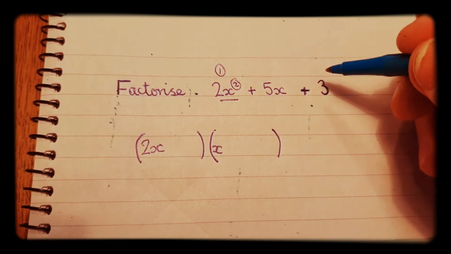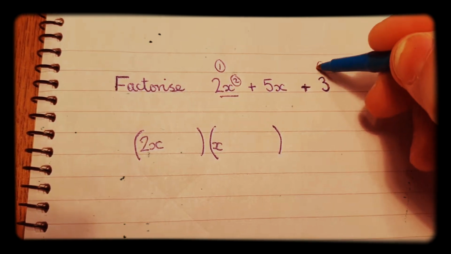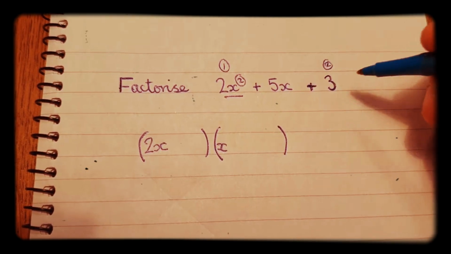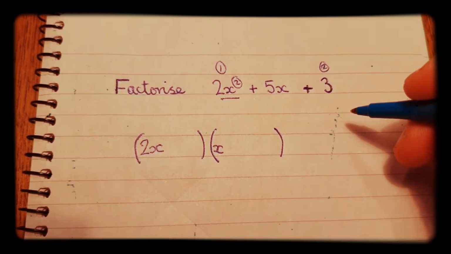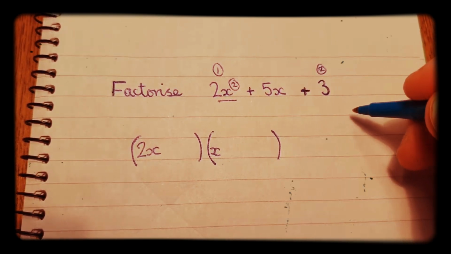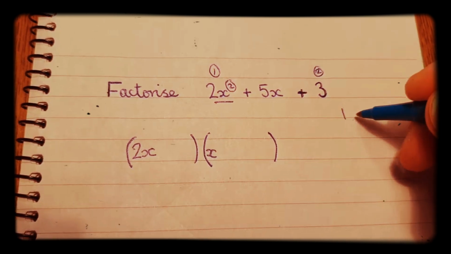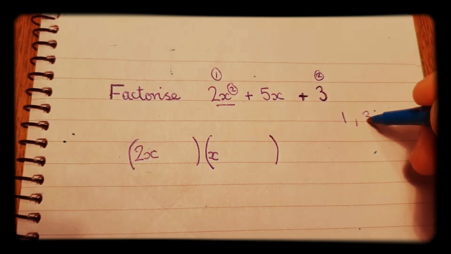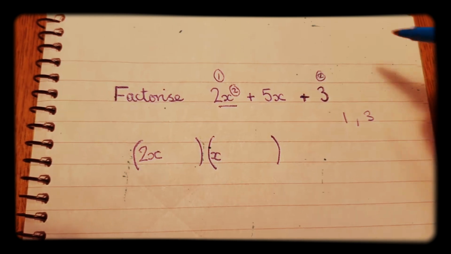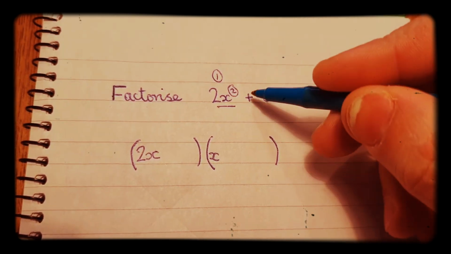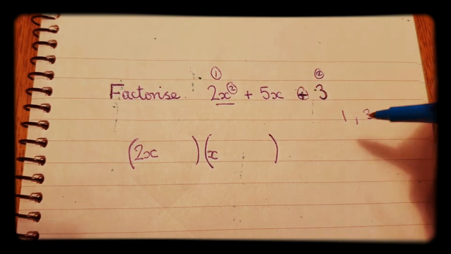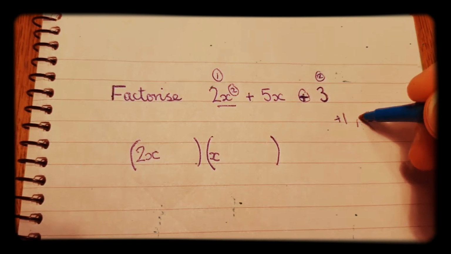The second thing we should look at is this thing over here, the 3. So what two things times together to make a 3? Well, because 3 is a prime number, there's only one option again, so it's going to be 1 and 3. Okay, so it's a positive 3. There's two positives in here, so that tells us that it's going to be a plus 1 and a plus